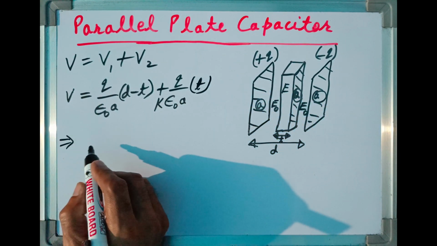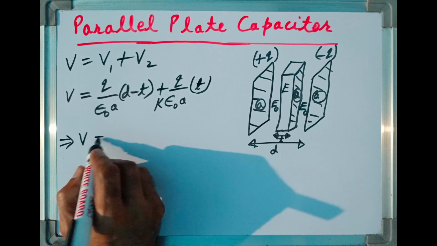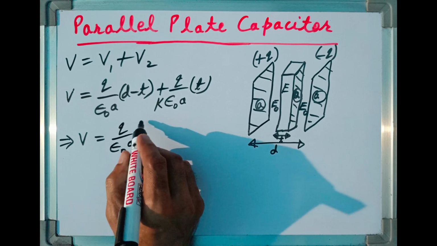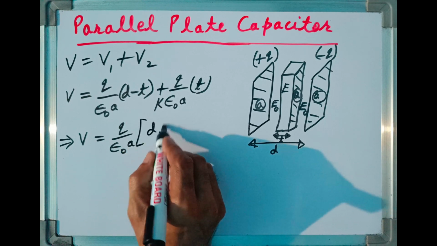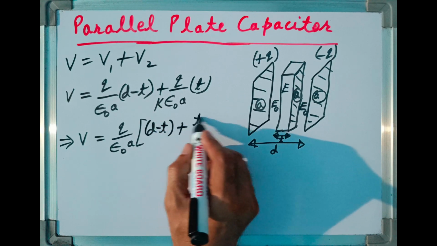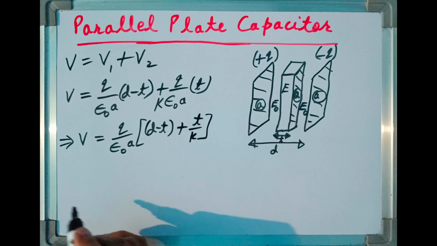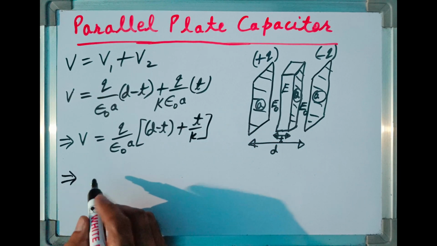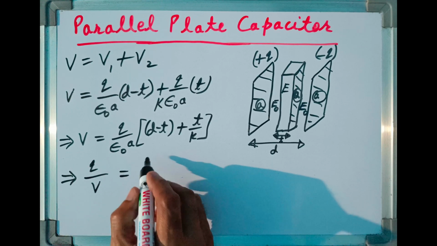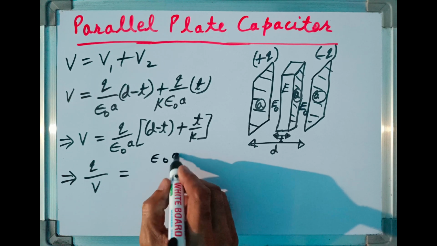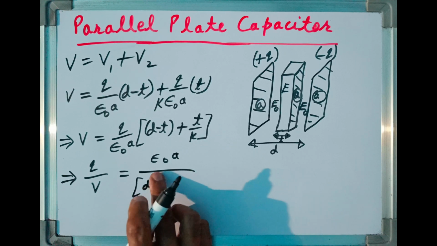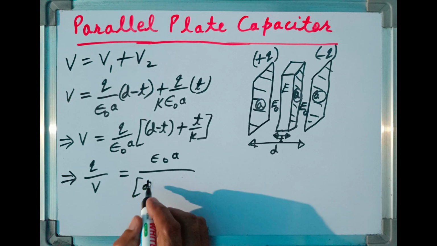After simplifying, I can write V is equal to Q upon epsilon naught A taken as common, inside d minus t plus t upon k. This will give us answer for Q upon V is equal to epsilon naught A divided by d minus t